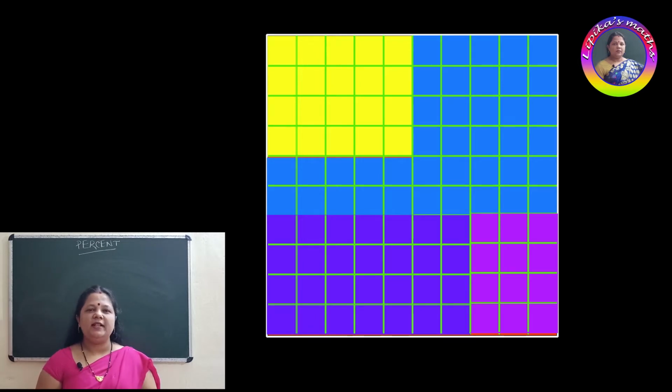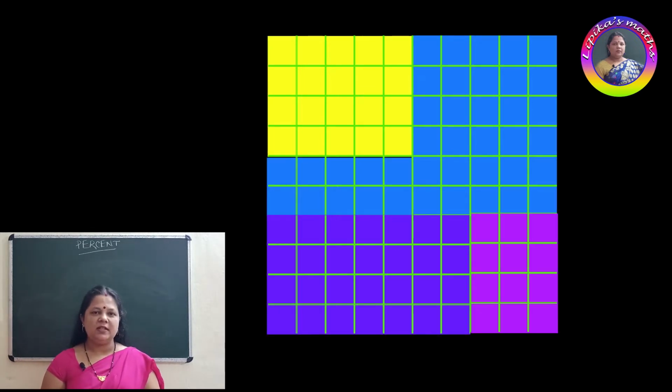Okay, so we had divided into 4 different parts and each square has equal dimensions. Dimensions, do you understand children? Having length and breadth of the same centimeter. So we had taken 4 different colors so that we can easily explain how to represent these different numbers of squares in percentage form. First of all let me explain. First we need to convert into the fractional form. So children, today we will explain how to convert a fraction to decimal or fraction to percentage. So many things we will discuss.